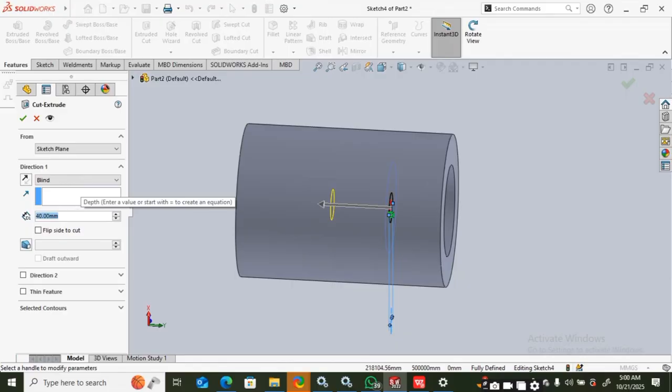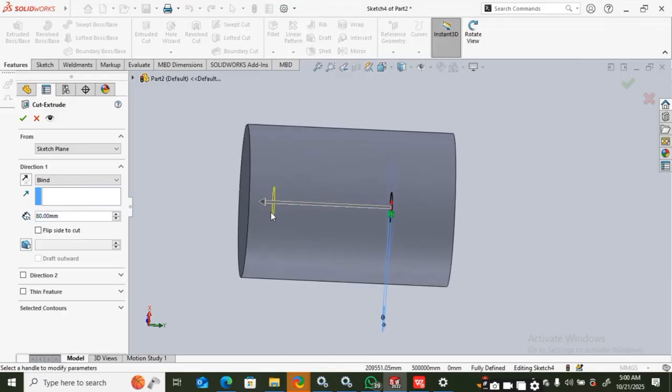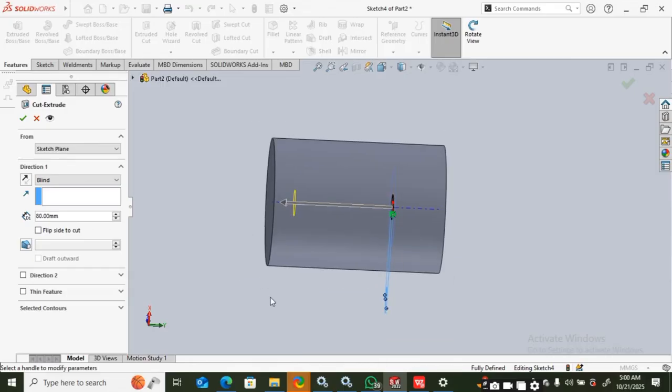Now we're going to change this to 80. So you could see the extent of the cut. It is actually towards the end, but it stopped at the region where it's not up to. So you click yes,